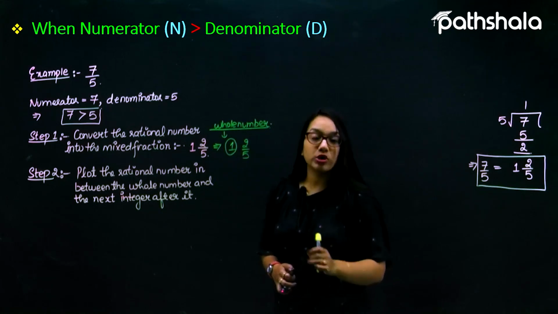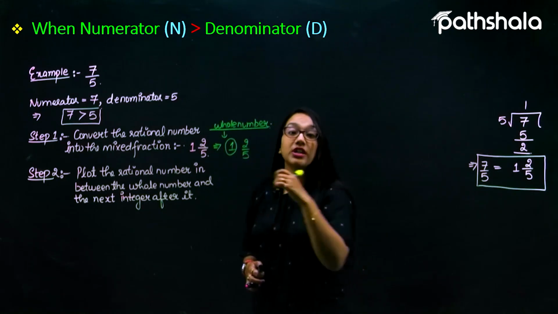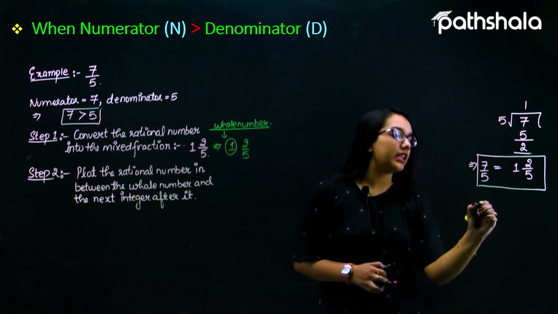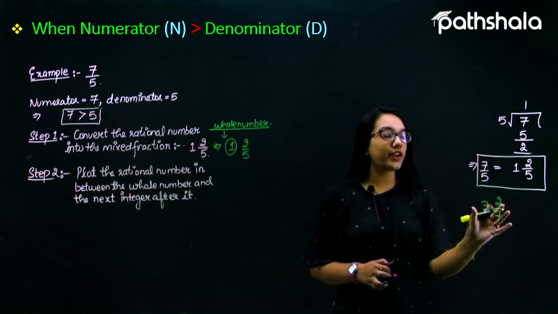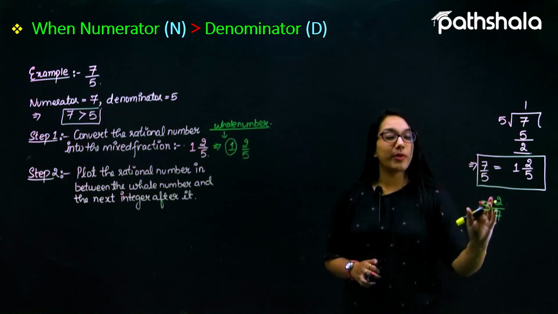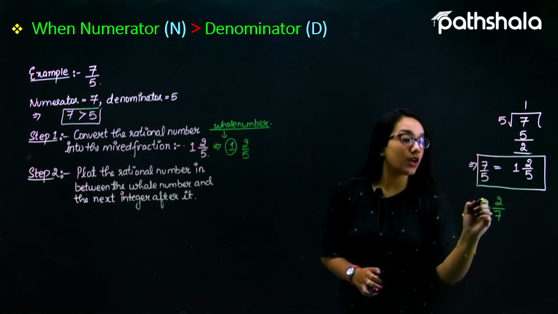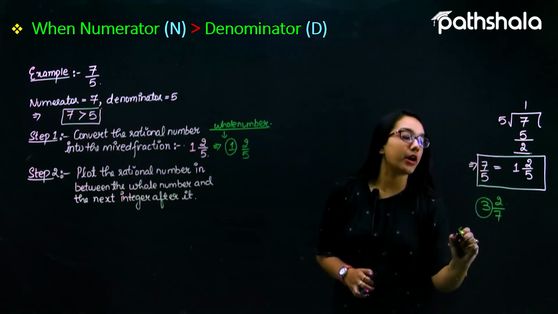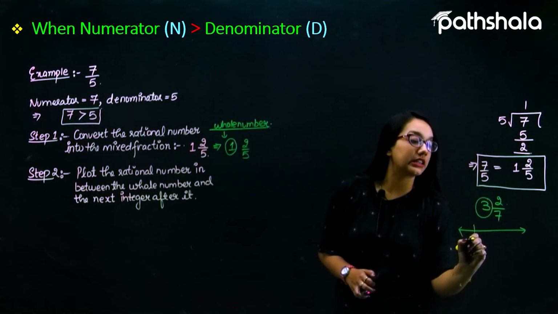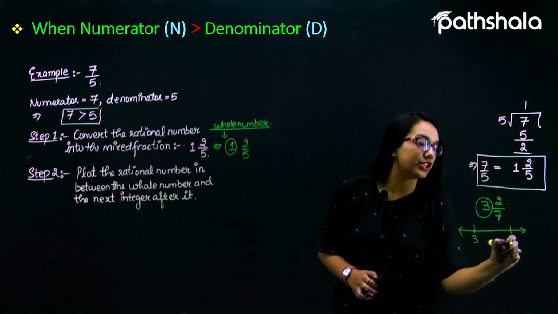Let us suppose the mixed fraction is of the type 3, 2 by 7. In this case, the whole number is 3. So this rational number will lie in between 3 and the next coming integer,